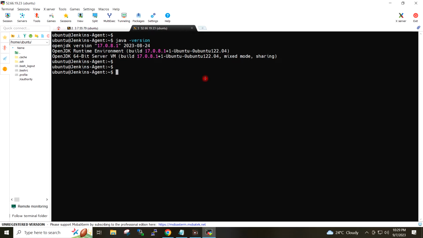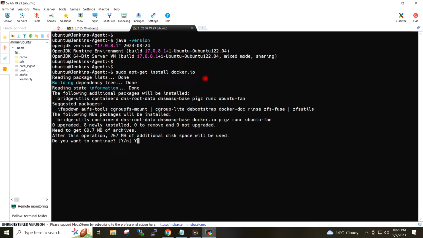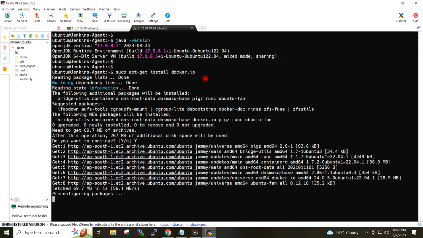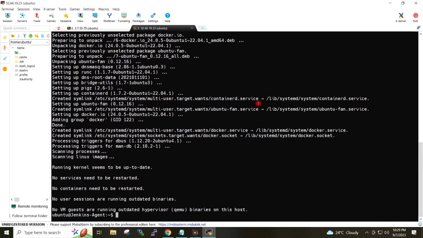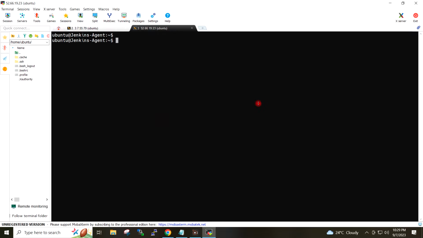All the builds will happen on this server, so I will go ahead and install Docker in this server with this command. I will give full rights to my current user on Docker with this command.